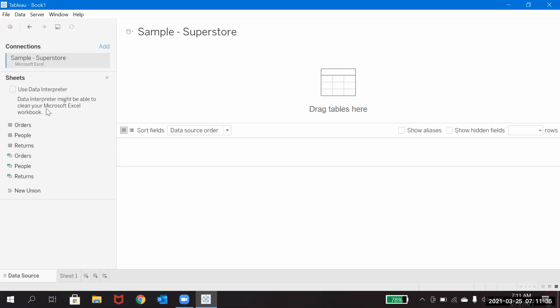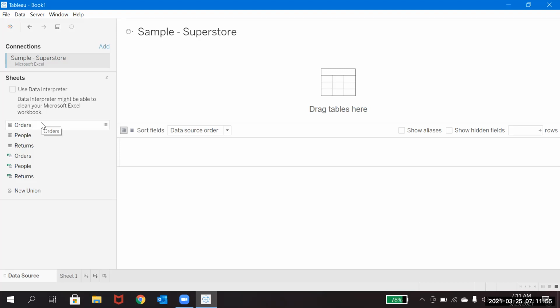Normally if you open any Excel, it shows Sheet 1, Sheet 2, Sheet 3. Whatever sheets there are will come as individual sheets here, and you can use each sheet as an individual data source.